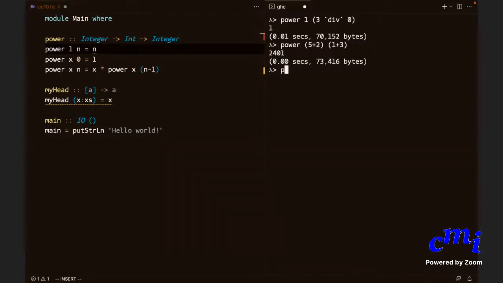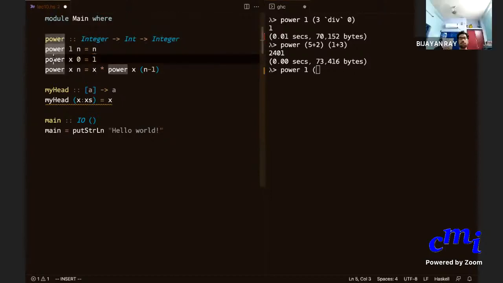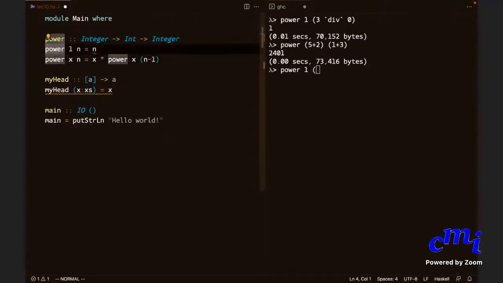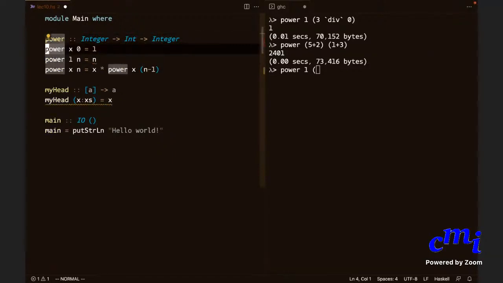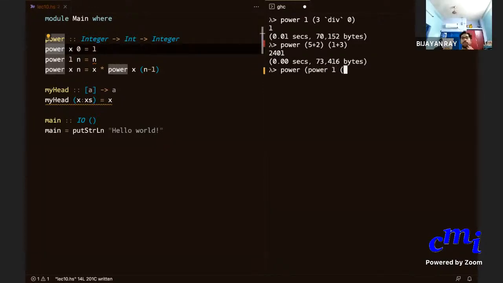What he is trying to tell is that let us do this now. Power 1 of, oh no, this is a little, just give me a second, okay? I'll do the order. Okay, now you are asking power of 1 (3 div 0).